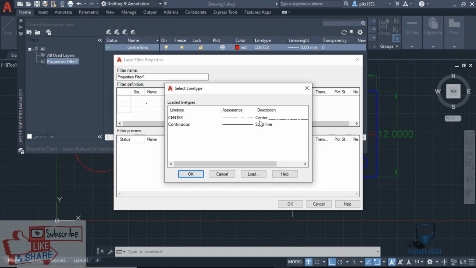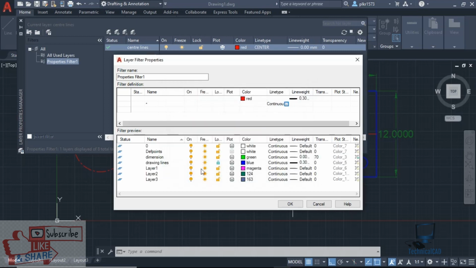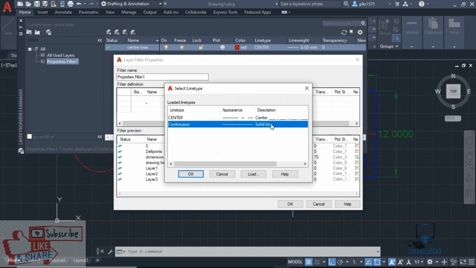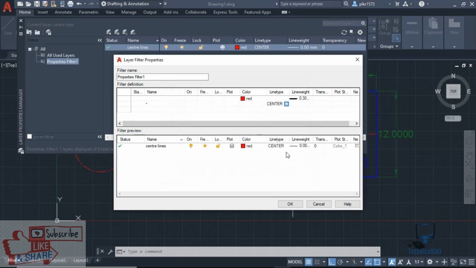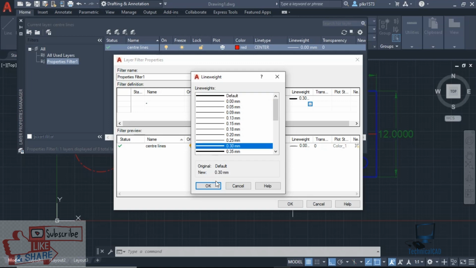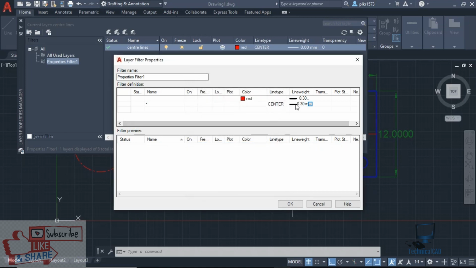Line type solid line. If you give solid line, whatever continuous lines there are will be available here. If you give center line, only that option will be available. If you give 0.30, okay, because with center and 0.30 there are no layers, that's why it's not visible. That's a property filter, and you can change the name here and give okay.